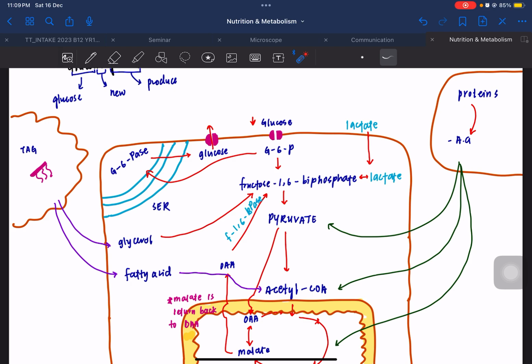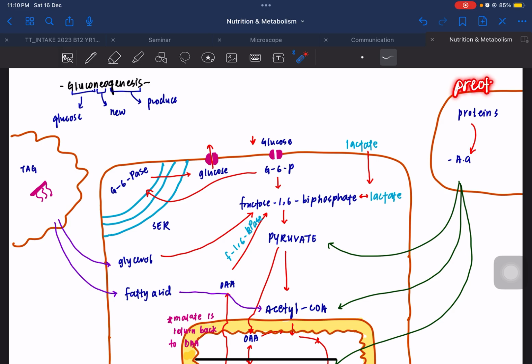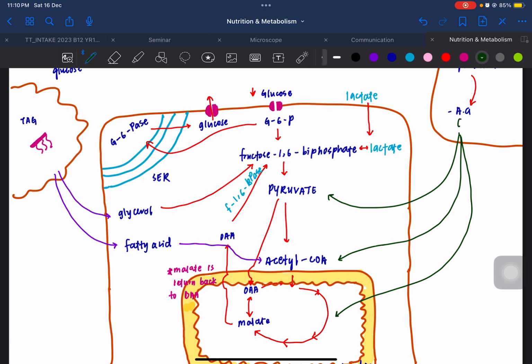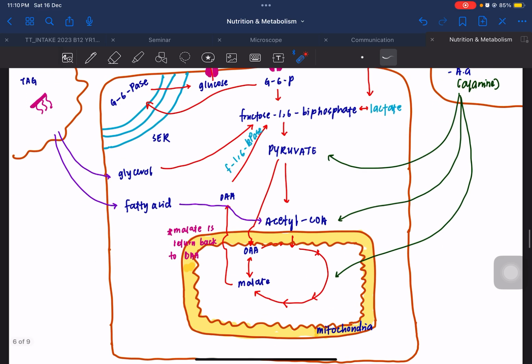And the second is I will jump to the protein, okay, and the fatty acid after this. Alright, so protein, proteolysis. Alright, so what is the proteolysis? Which is the protein will break down to the monomer, which is the amino acid. So basically, amino acid in the form of alanine. Alright, so look, amino acid, okay, it will be brought to the hepatocyte, which is in the liver, and the first way dia akan pergi adalah to the pyruvate. Okay, but instead of it continuing to the Krebs cycle,